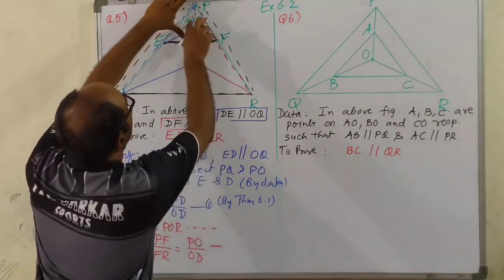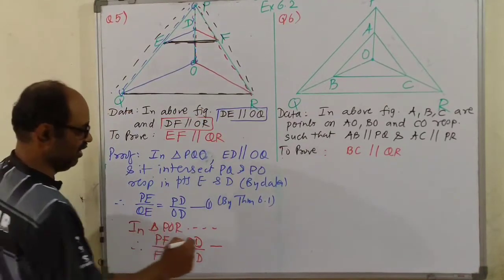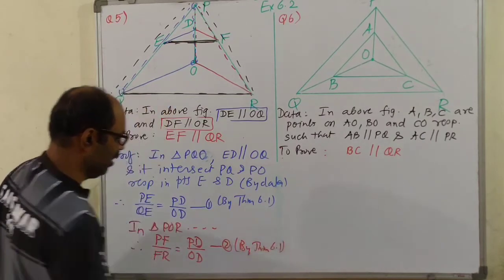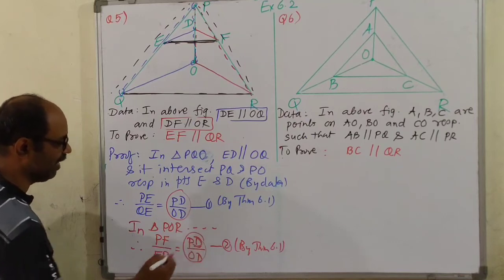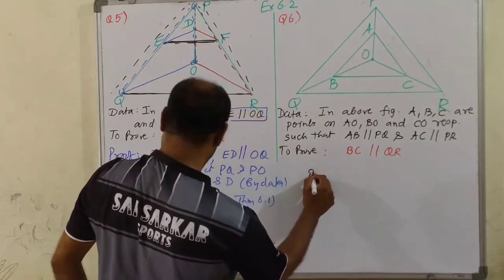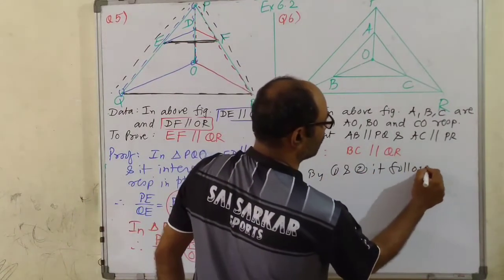I put my finger here, so this is PD upon OD. This is the result, again by theorem 6.1. Children, right hand sides are equal, PD upon OD, so left hand sides are equal. So you can write, by 1 and 2, it follows that